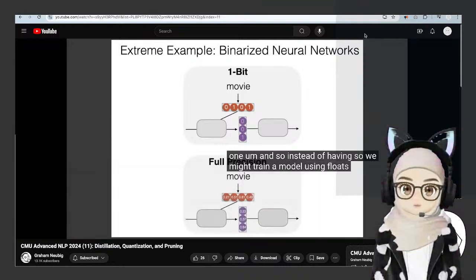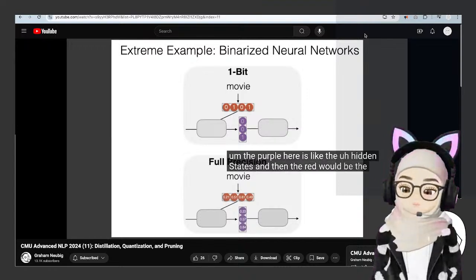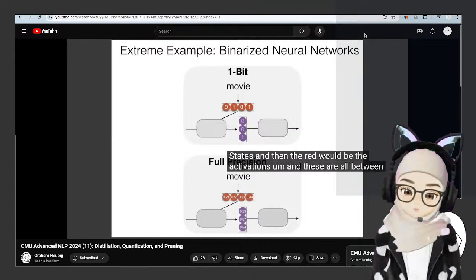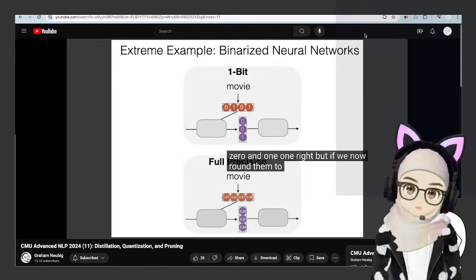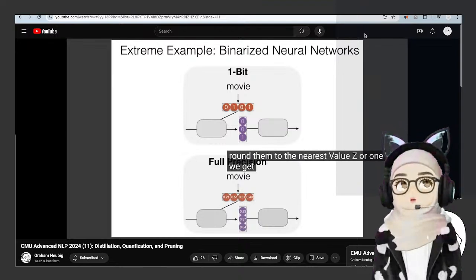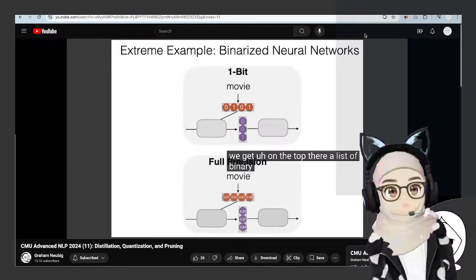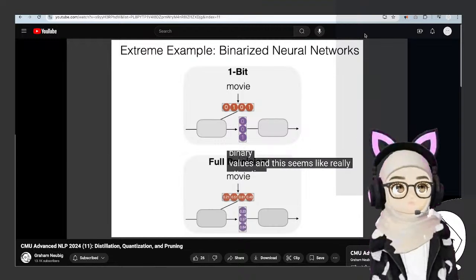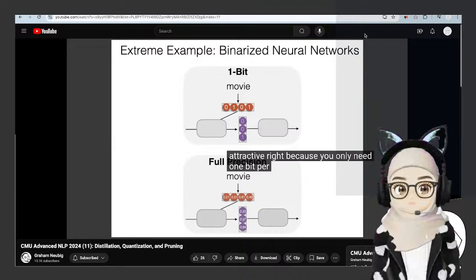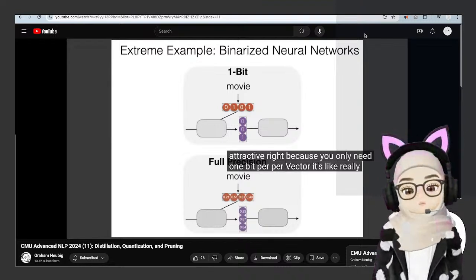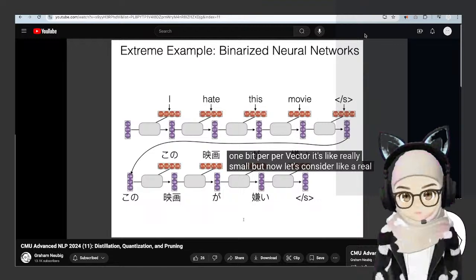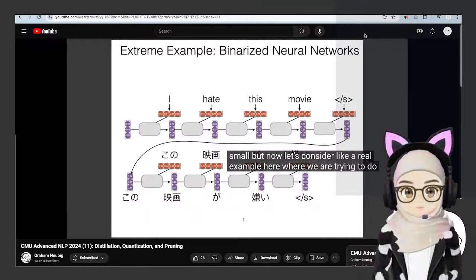So we might train a model using floats, and we get these parameters. The purple here is the hidden states, and the red would be the activations. And these are all between 0 and 1, right? But if we now round them to the nearest value, 0 or 1, we get on the top there a list of binary values. And this seems really attractive, right? Because you only need 1 bit per vector. It's really small. But now let's consider a real example where we are trying to do translation,